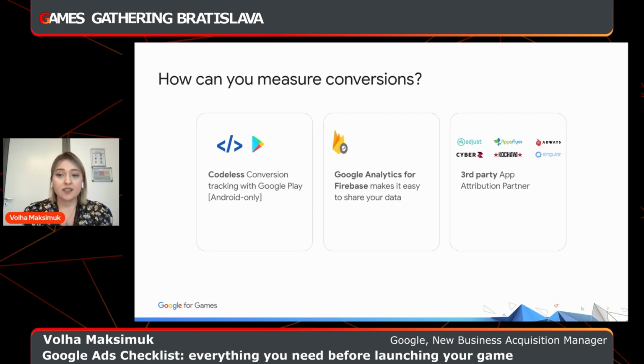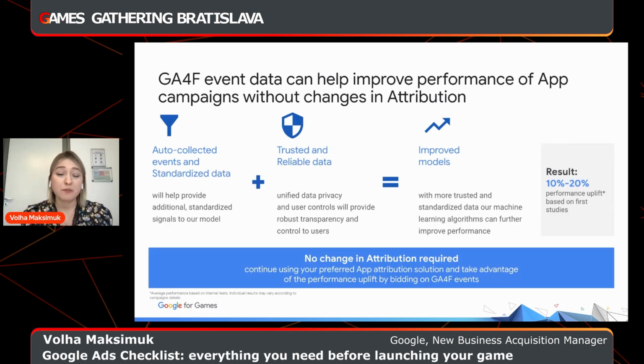The important part is that whichever app attribution partner you choose as your point of truth, we also always very kindly but very strongly recommend having Google Analytics for Firebase together with it. Google Analytics for Firebase is free of charge, and it really shows better results when it comes to app campaigns with Google Ads.